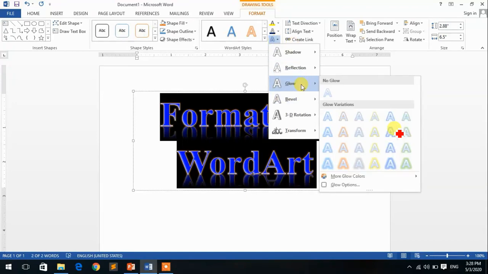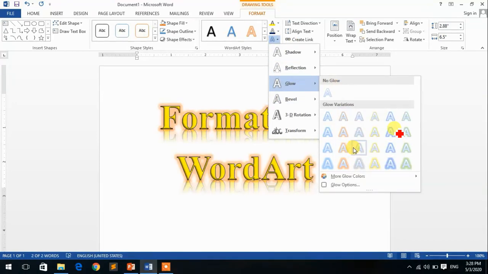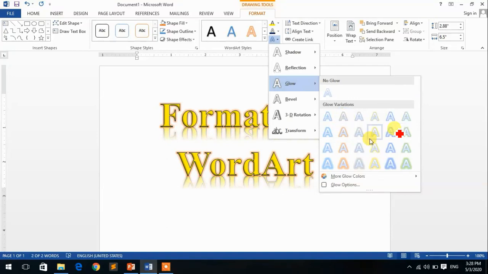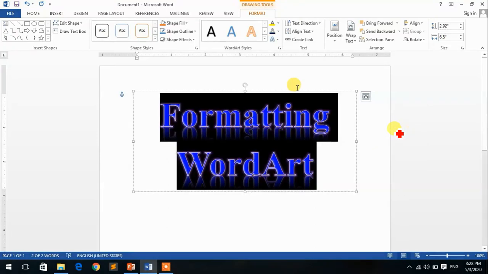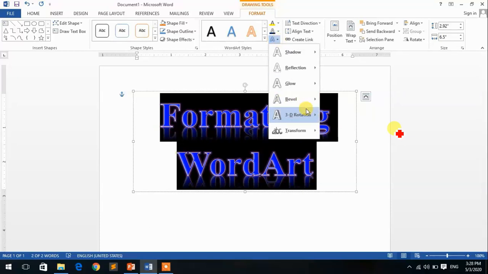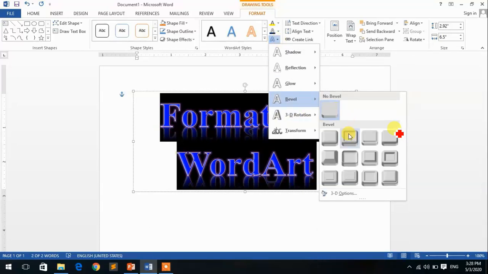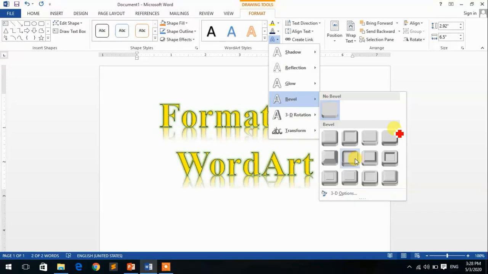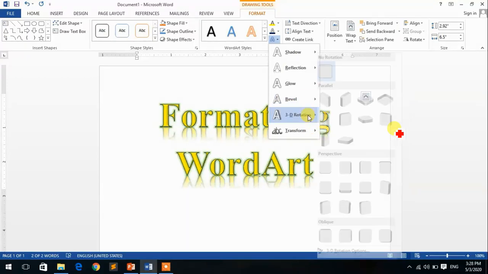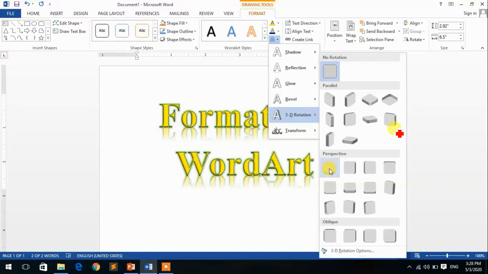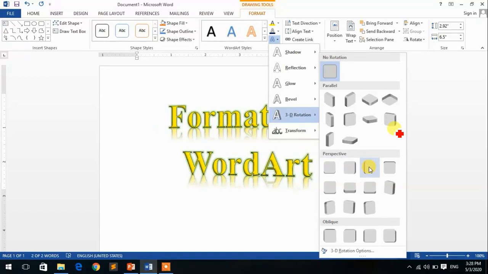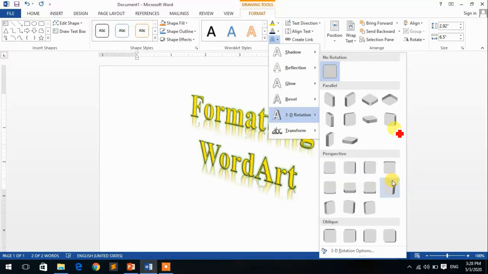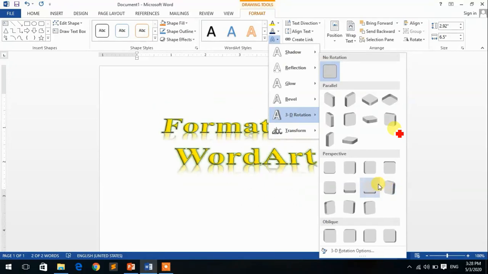Now like glow, as you are seeing, bevel. Now 3D, you can give the 3D effect to your text, word or text.